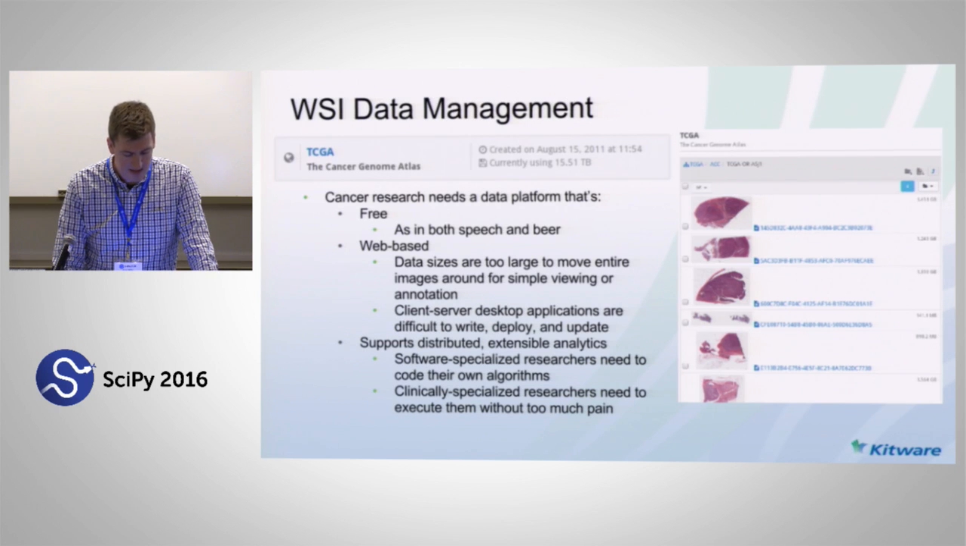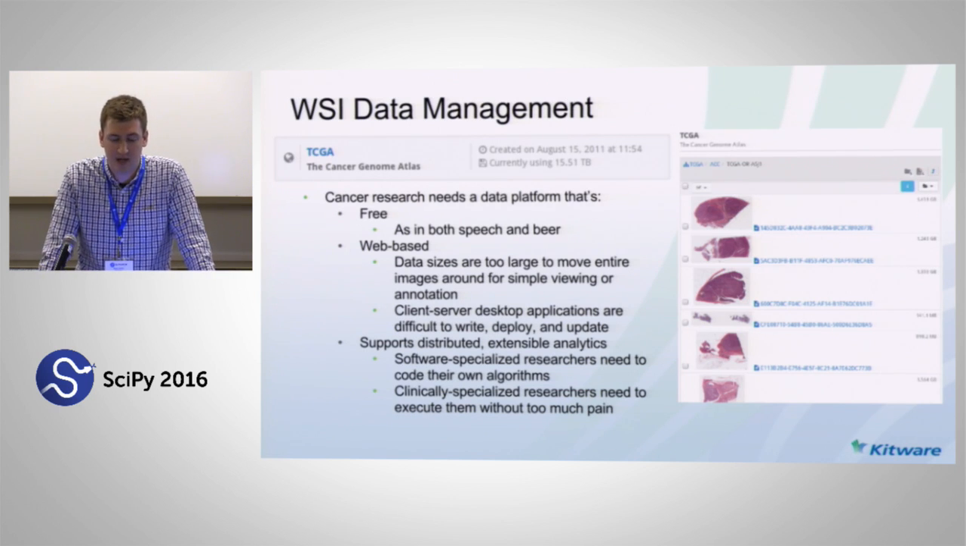So the need here is that cancer researchers get a large variety of slides. One of the resources we're using here is the Cancer Genome Atlas, TCGA. It has 16 terabytes of images, and they need a way to manage it, and they need a way to easily access it on a variety of locations and share their results,